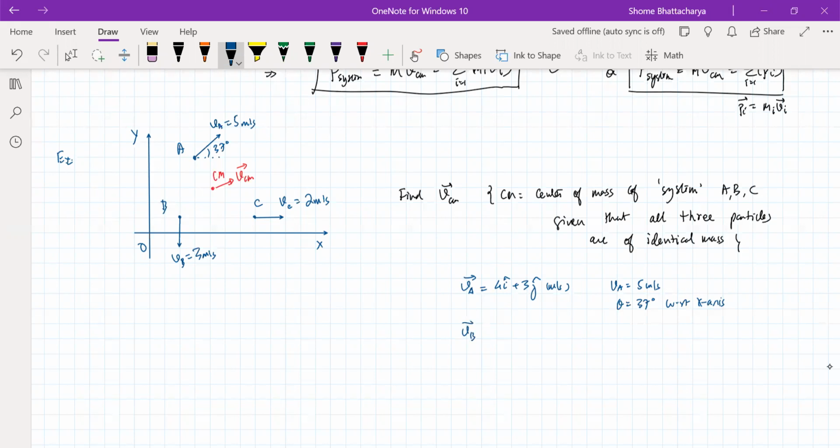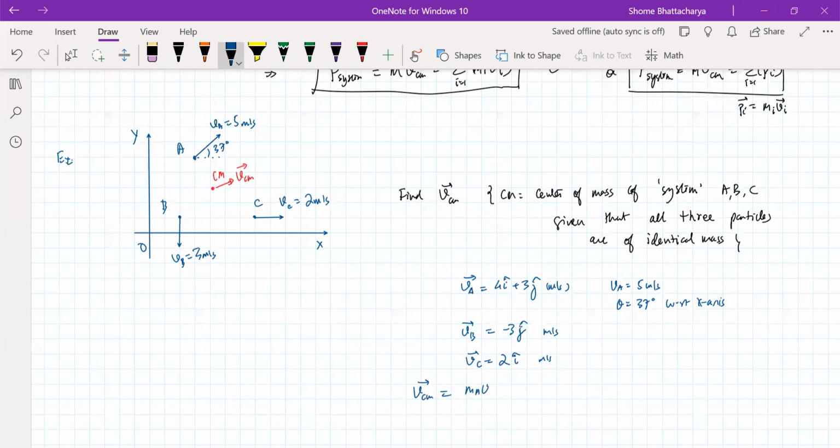Velocity of B we can see directly is minus 3 I cap, and velocity of C we can see is plus 2 I cap, minus 3 J cap, all in meters per second. Correct. Okay, so velocity of center of mass